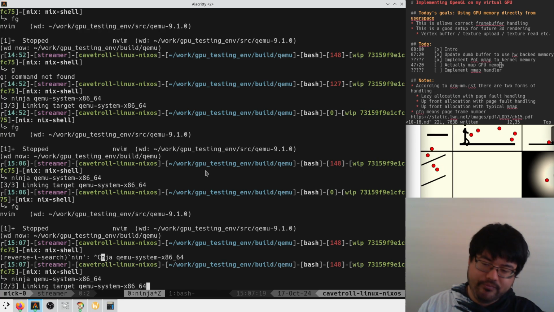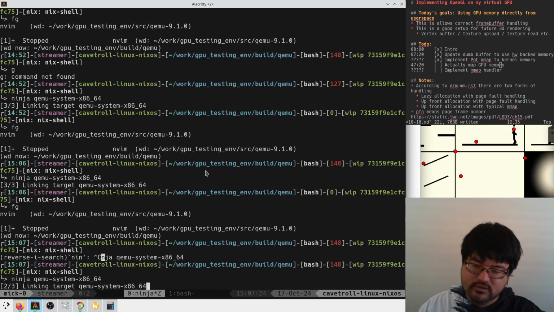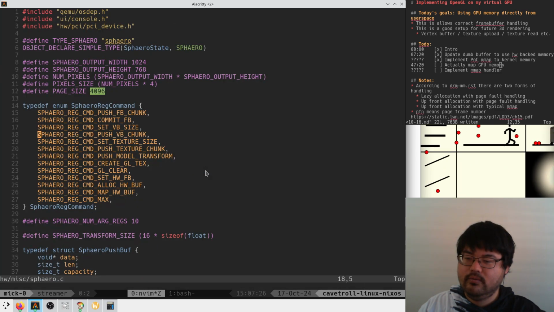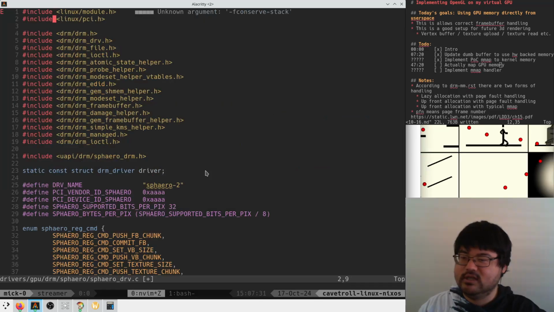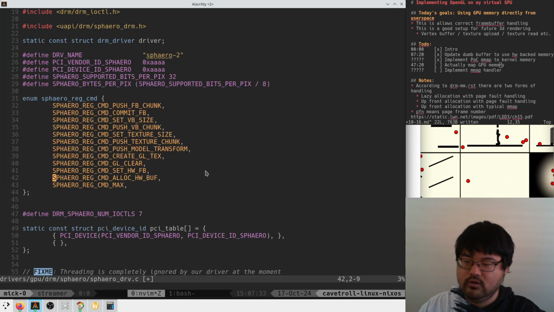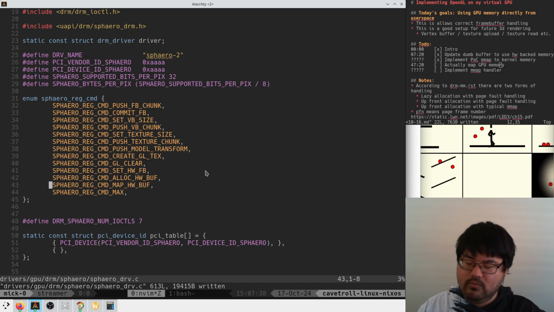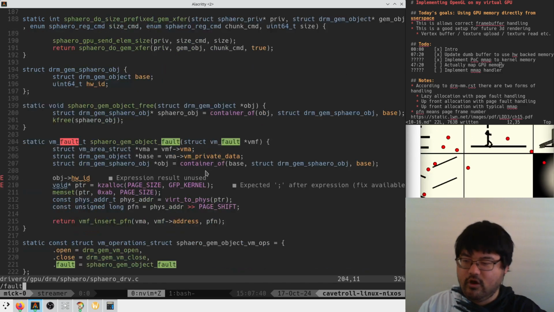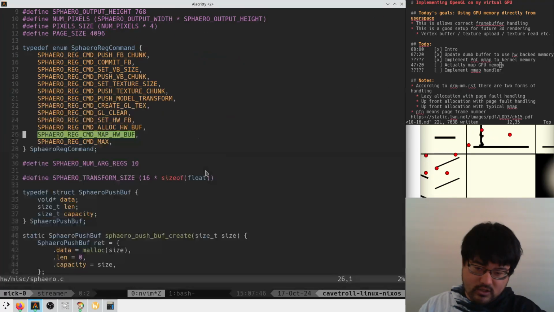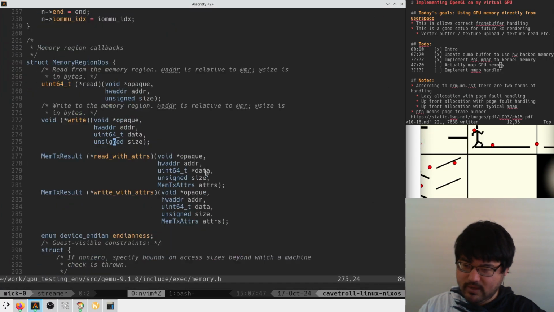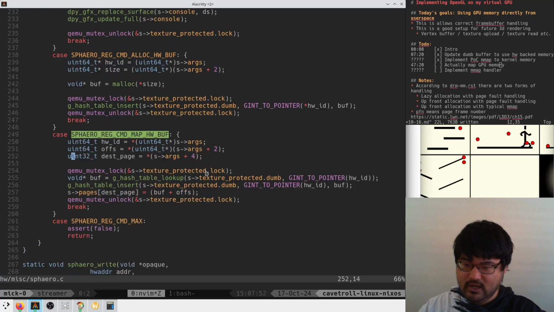Okay, so we added a command: map me this object. Okay, so we're going to take this and stick this in our kernel thing. And then when we execute our fault, we're basically going to ask it to map that hardware ID, right? So what was our command here? It was hardware ID, offset, destination page. So this is